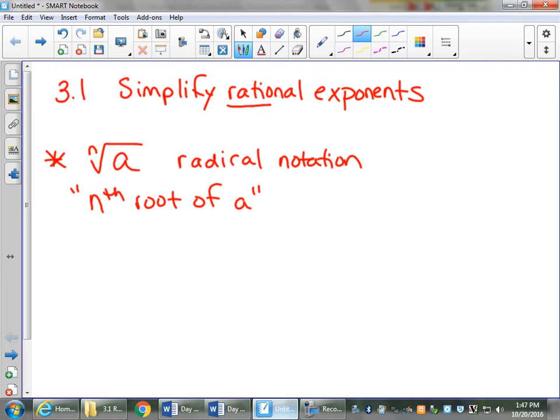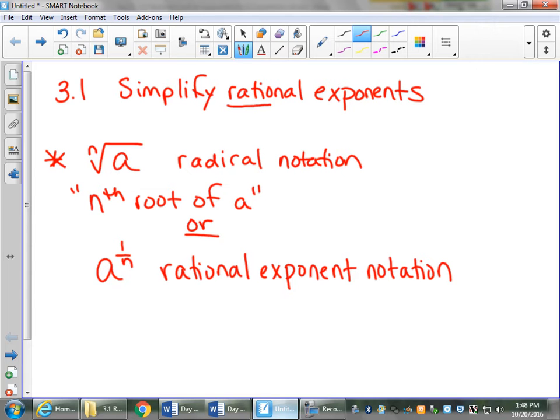Okay, so instead of just dealing with square roots, we're going to be working with cube roots and fourth roots and fifth roots and higher roots. The other way you can write this, that would mean the same thing, but in rational exponent notation, would be a to the 1 over n. So this would be rational exponent